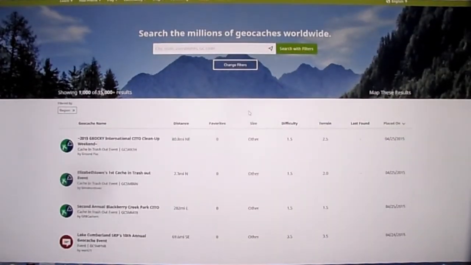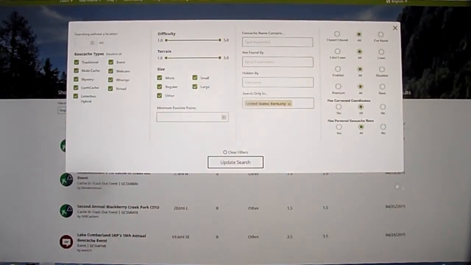So anyway, I'm not going to make this too long, but let's go back again. Let's go back to change filter. Okay, back. Unfortunately, I'm not sure how to make this stay in here. I wish it stayed in Kentucky right here. Now, let me show you, because one of the things I was trying to do was